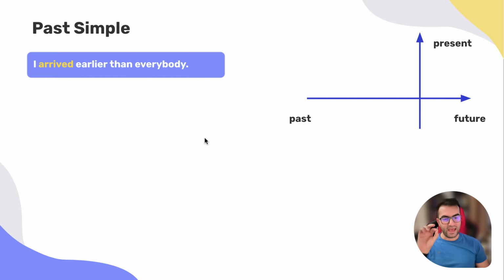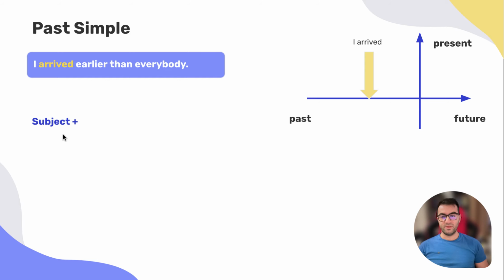So now we understand that past simple is one single completed action in the past. And most often, we know when this action happened. We know it was yesterday, 10 hours ago, before something, or we can even use it like when I was 10 years old, I did this and that. But you need to remember that past simple is one single completed action that happened in the past.